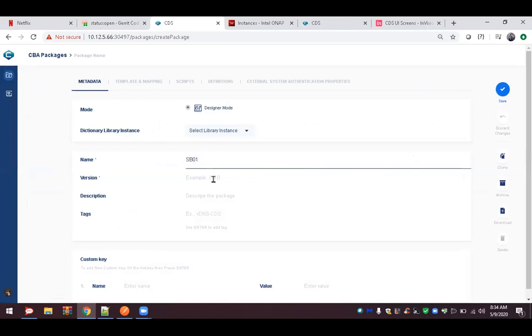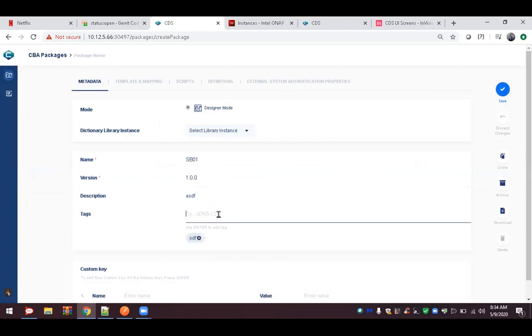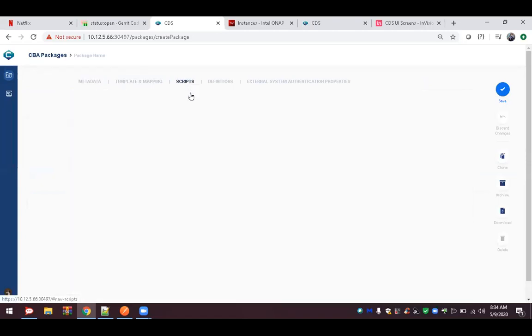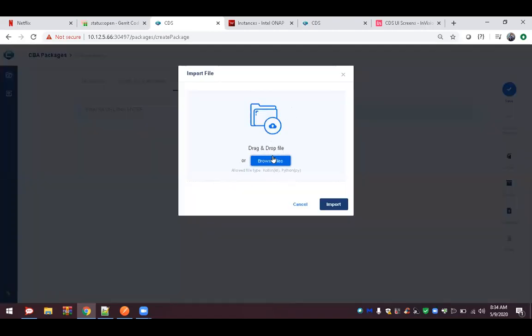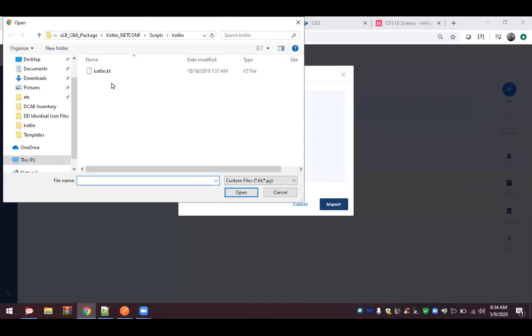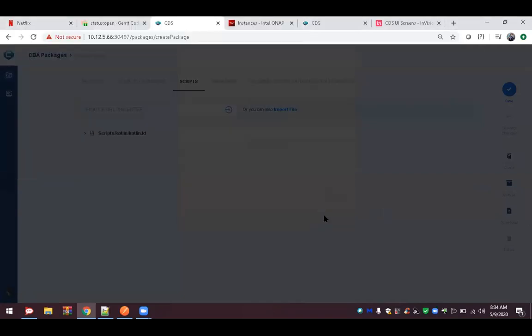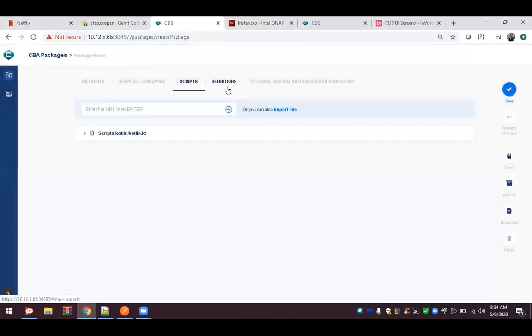SB01, 1.0.0. I'll just take one script. Import. And let me just save, try one more time with this.